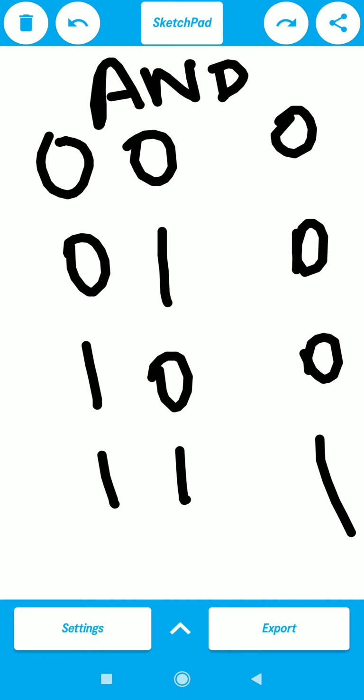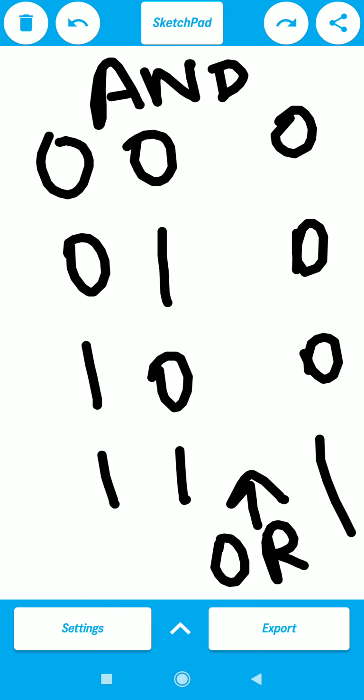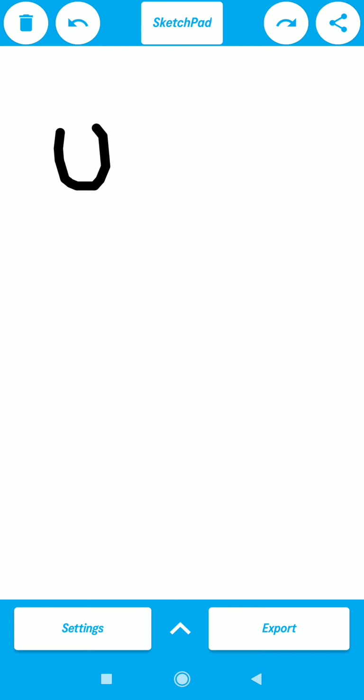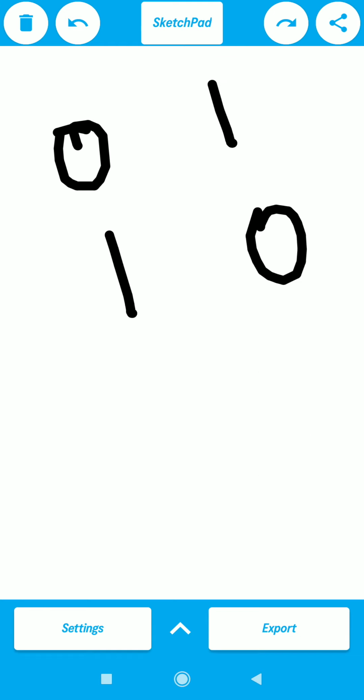And if it will be OR, in OR, it actually adds: 0 1 1 1. It means if any of them is true, then the result will be true. And in NOT, exactly, if the input is 0, NOT of 0 is 1, NOT of 1 is 0.